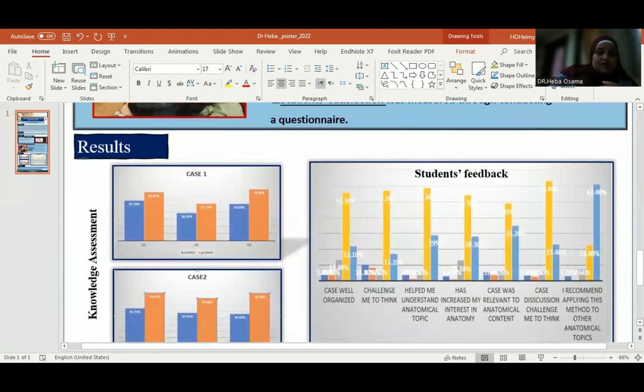The result of implementation of case-based learning was detected in the marked improvement in the students' knowledge in the topic introduced to them through CBL method, as they got higher scores in the post-test than the pre-test in both sessions, or both cases introduced to them. Moreover, the students showed marked satisfaction as most of them agreed with using CBL, and they